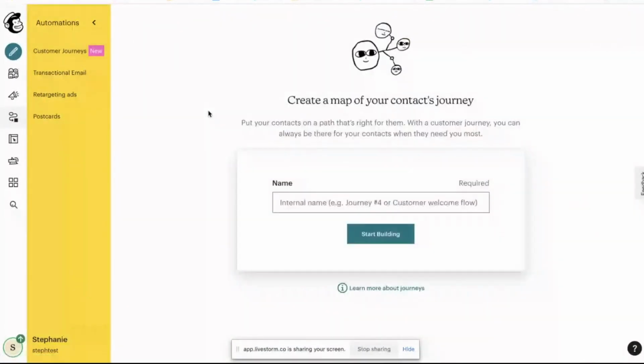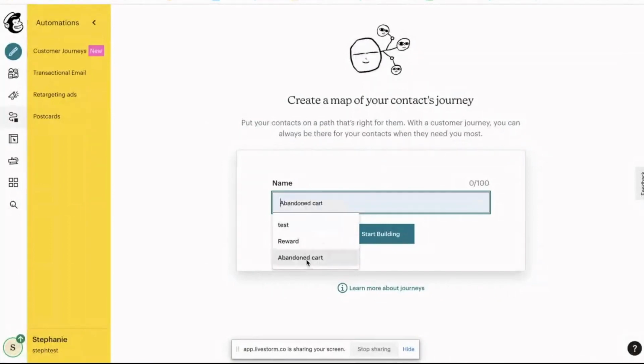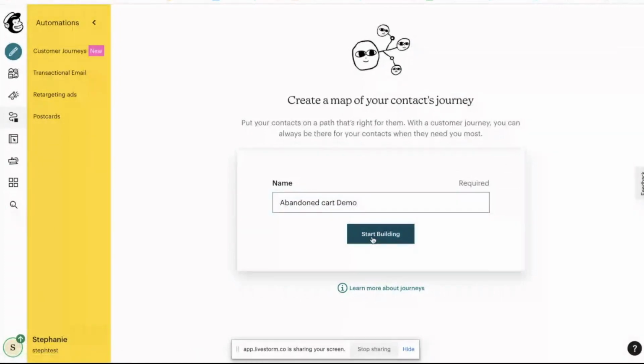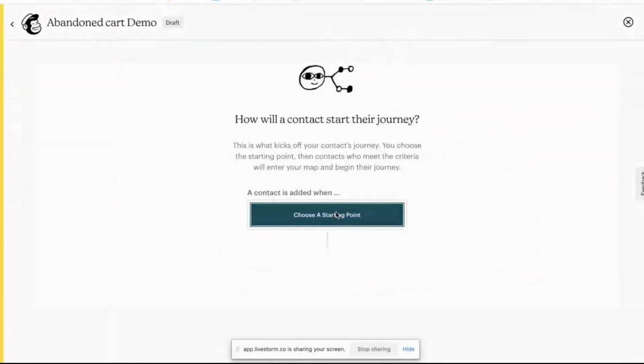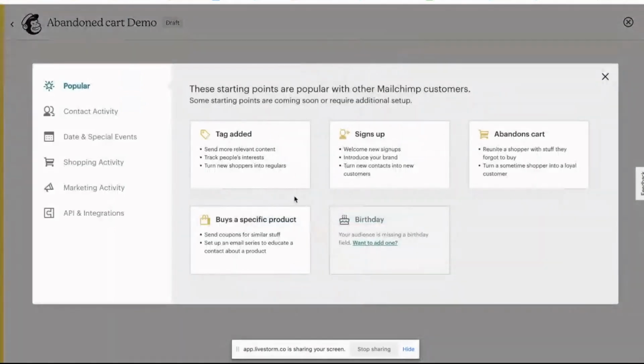So I just went and redid all the help guides for this one about a week or two ago, and it's all changed again. So we'll call this one the abandoned cart demo. We can start building this one. Cool, so this is what we want. What we want here is as soon as it gets through to abandoned cart, this means that the customer would have gone through to the checkout and got through to the payment gateway as well, and they've decided not to go ahead with it for whatever reason. So this is a great time to go and catch them.